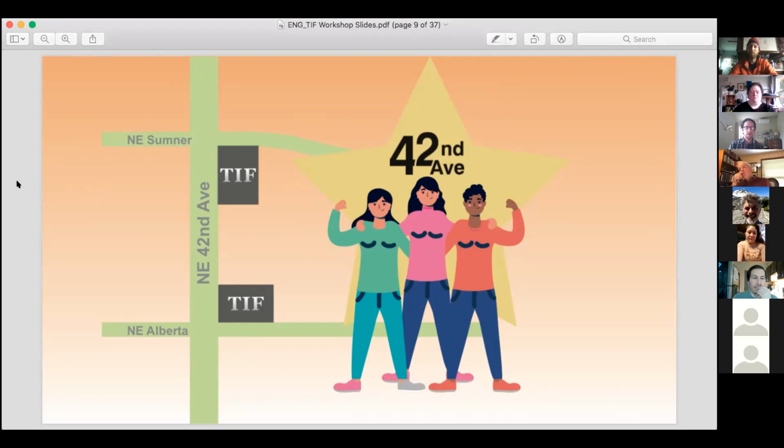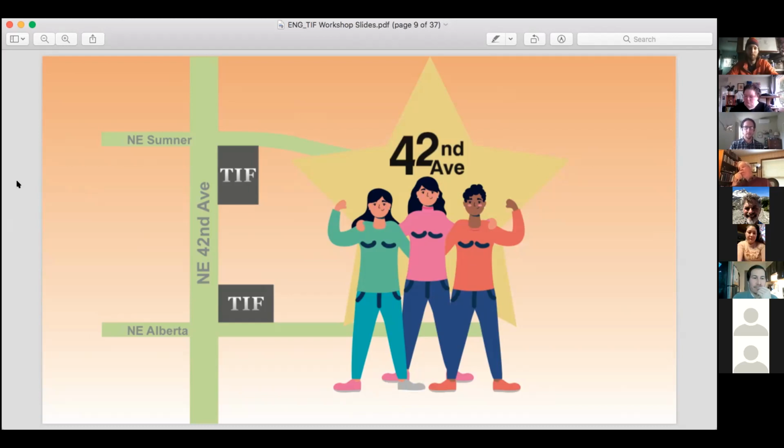So one of the ways that Our 42nd Avenue has been able to support small businesses and minority-owned businesses with their funding is to take out master leases on larger properties, and that referenced one of these on 42nd Avenue, and then renovate the building, divide it up into smaller storefronts, and then rent those out at below market rents to small businesses that would not otherwise be able to afford market rate commercial rents. That's just one example of the kind of project that has already been done with a much smaller pot of